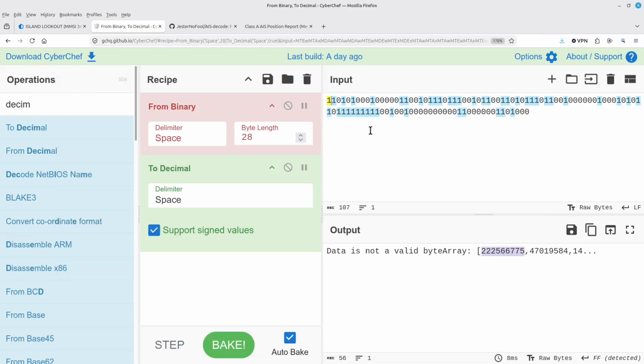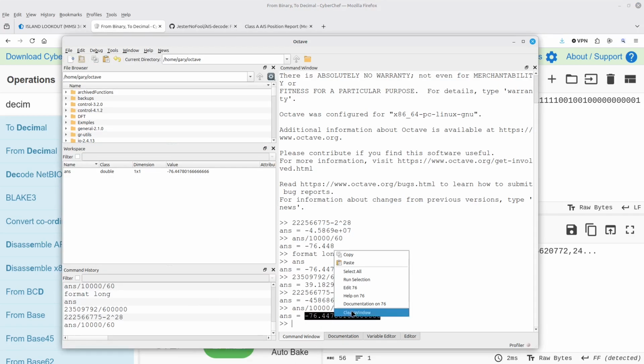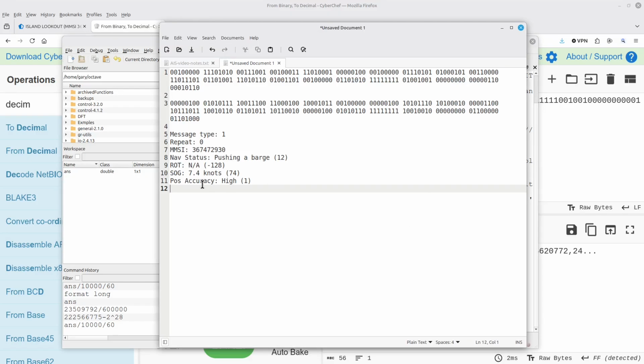The next part, now that we've got that, I'm going to go ahead and highlight those 28 bits and say you're done. Let me go ahead and also get that into my click copy, longitude, and then I'm going to set up for the latitude.